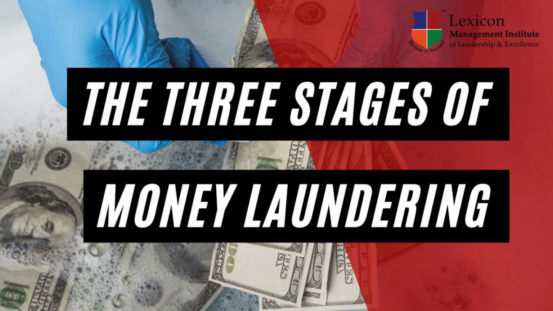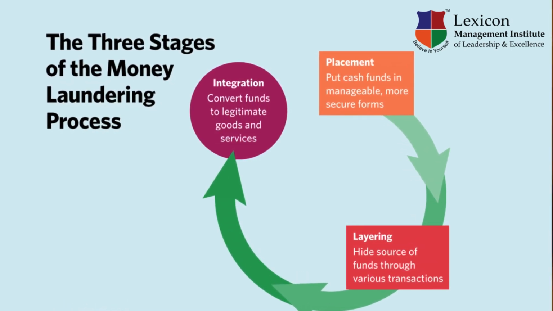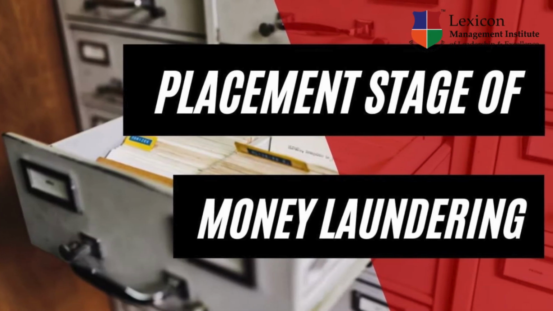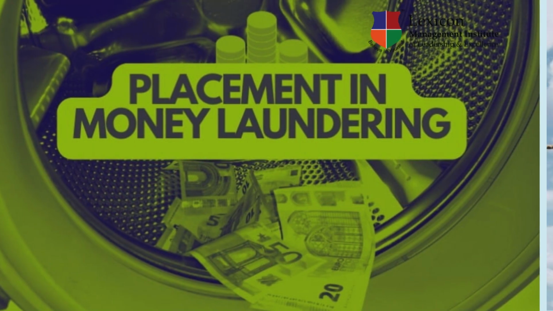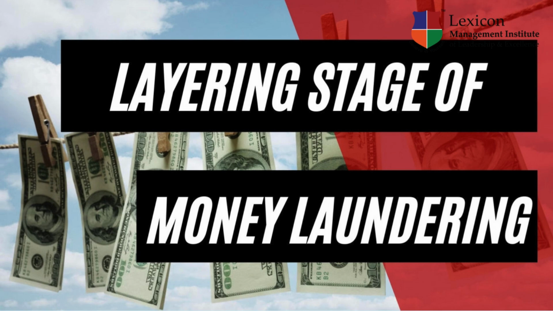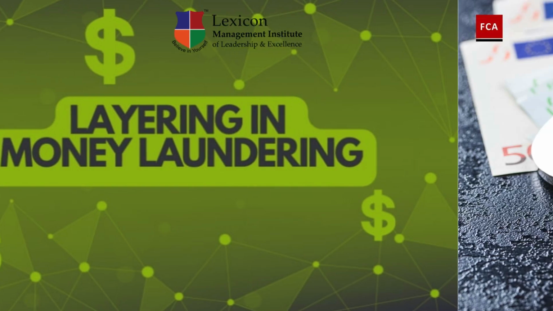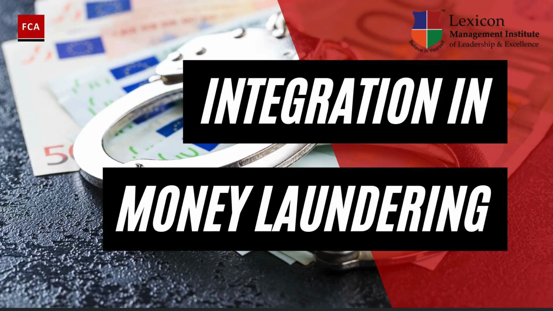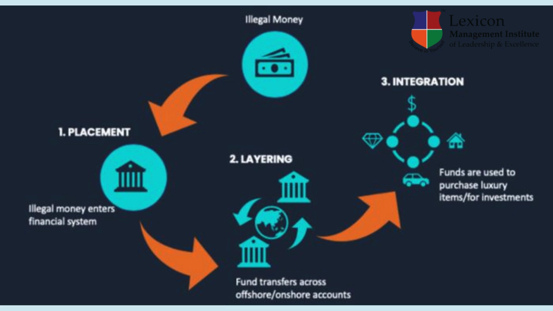There are three stages of money laundering: placement, layering, and integration. Initially, placement is the initial movement of an amount of money earned from criminal activity into some legitimate financial network or institution. The second stage is layering. Layering is the continuing transfer of money through multiple transactions, forms, investments, or enterprises to make it virtually impossible to trace the money back to its illegal origin. The final stage, integration, is when the money is freely used legally without the necessity to conceal it any further.